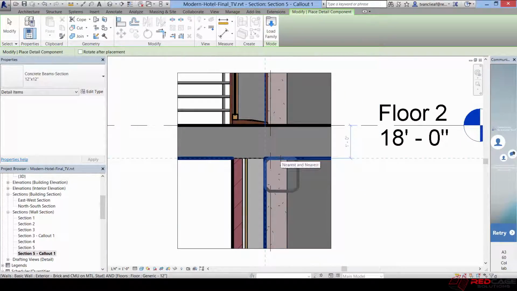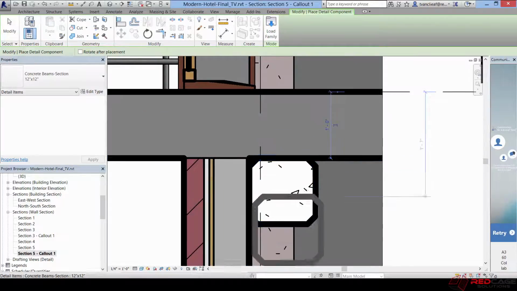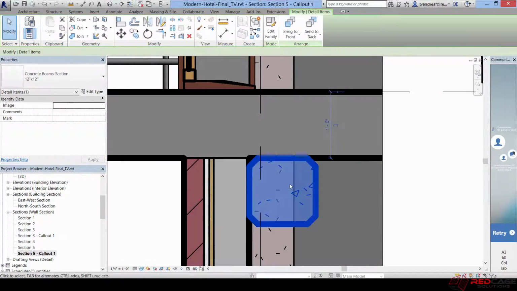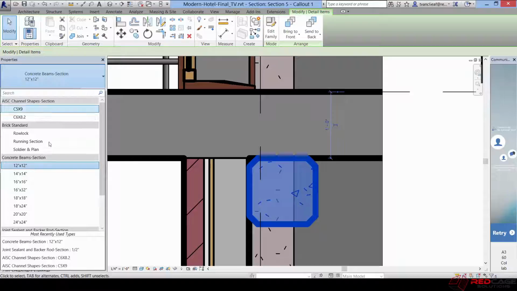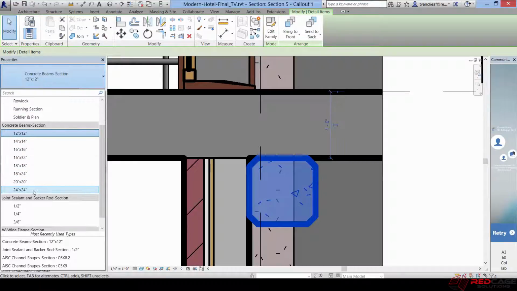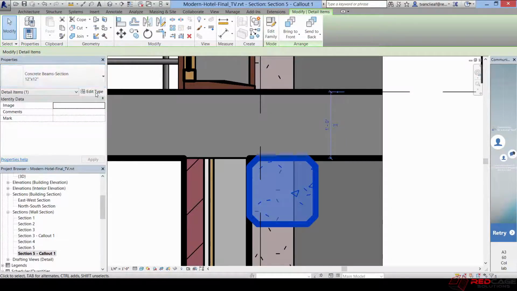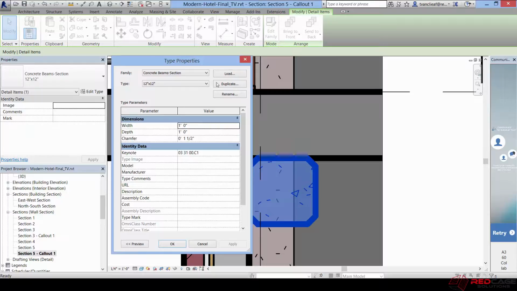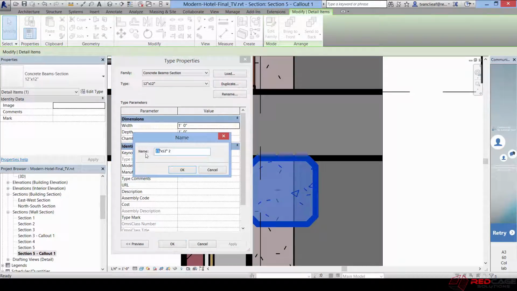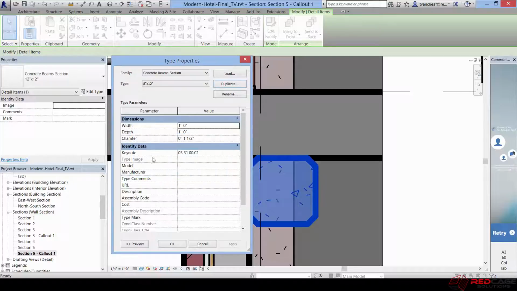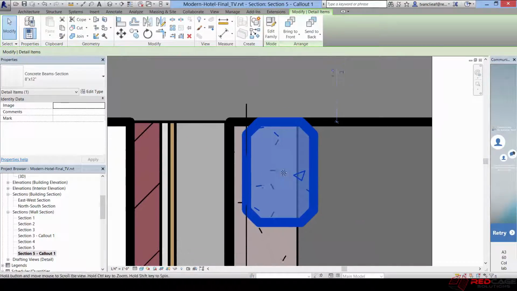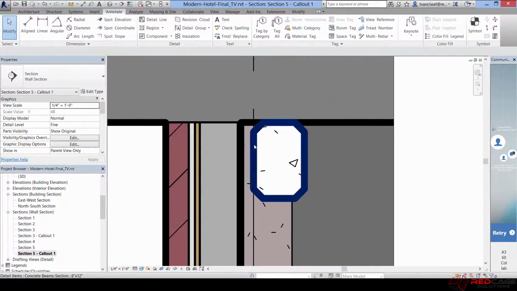and now I can change that up after the fact. It's just an annotative element. So if I want maybe this concrete beam has to be something a little bit different, I'd say edit type, duplicate, and now I would make it 8 by 12. And so the width now, change that to 8, hit OK, and I'm starting to get this detail figured out